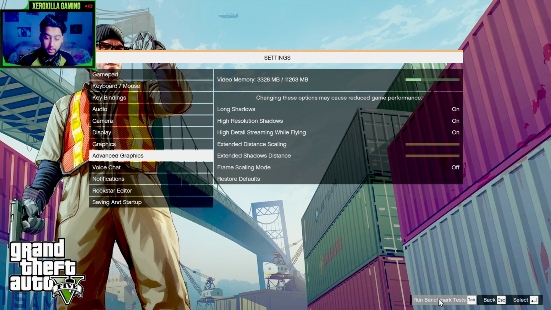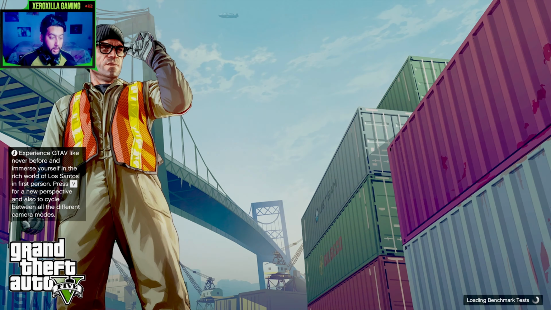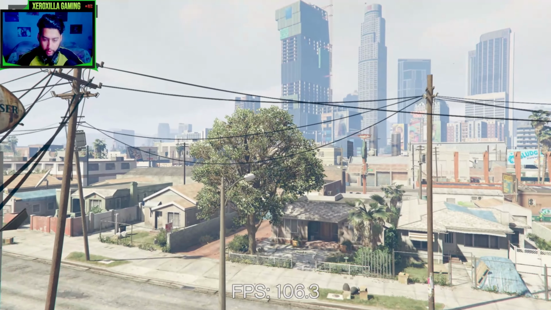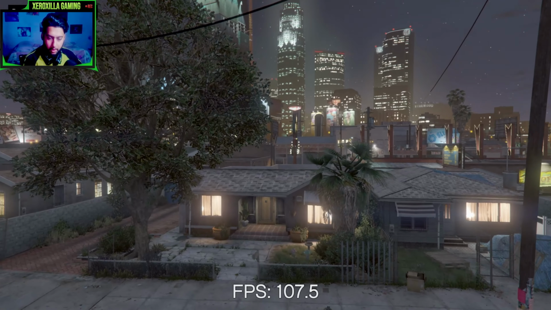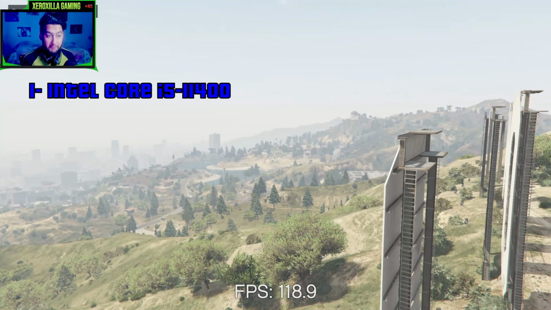it's really useless. So we're going to run the benchmarks, and throughout the benchmarks I'm just going to go over the specs of this testing rig. Okay, so the first thing we notice is the quality is good and the FPS is above 60. That is great. And the testing rig includes the i5 11th Gen 11400, no overclocking or F model.